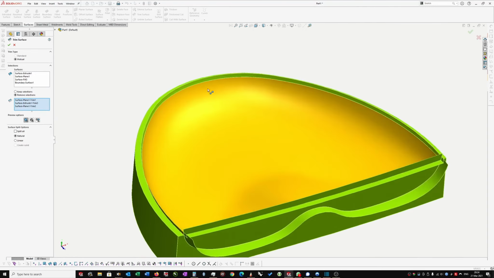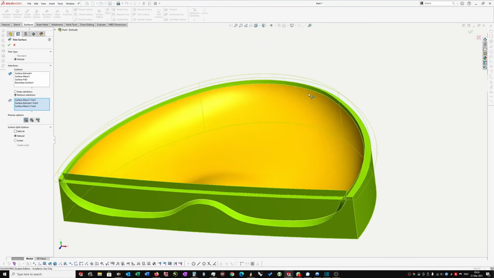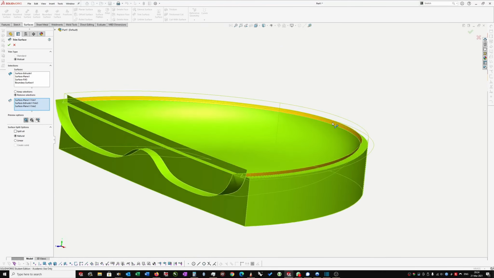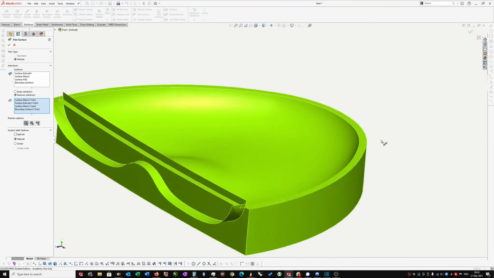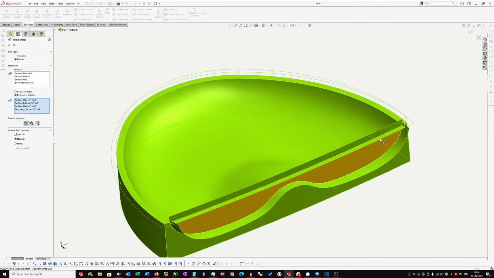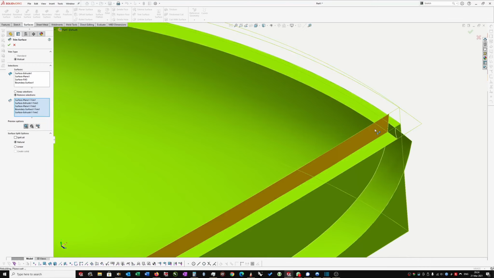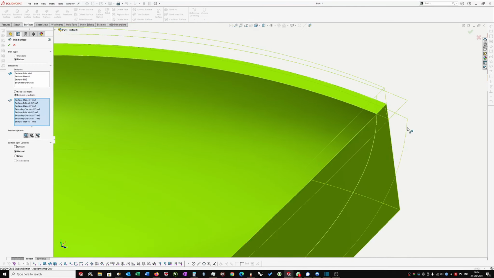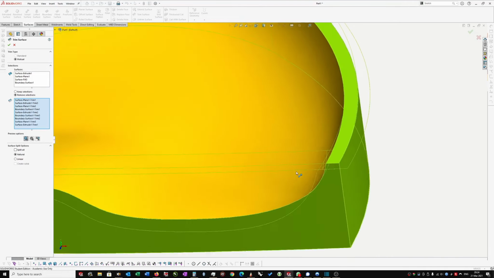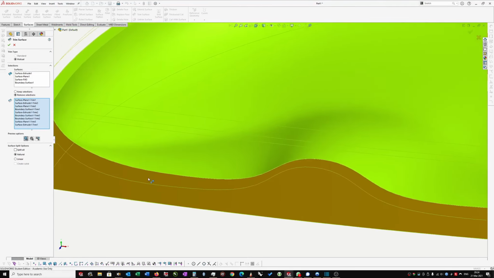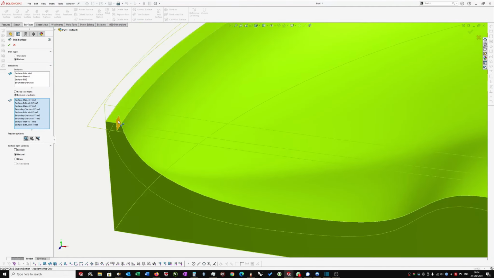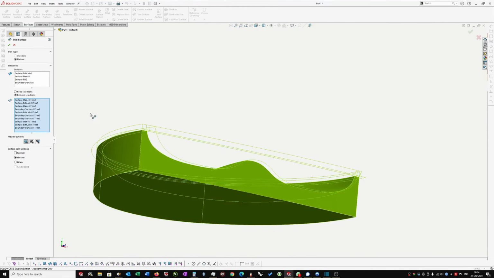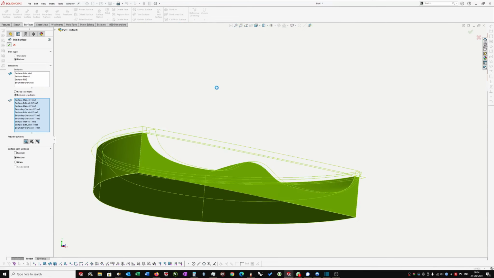Alright, so 1, 2, 3. Do I have something weird happening here? No, I don't. That little wall. So this can get quite tricky, because of figuring out what to keep and what not to keep. But you can always backtrack. Get rid of all of those. Get rid of this front face. Get rid of that little one there. And that seems to have done it. So if I click on OK,